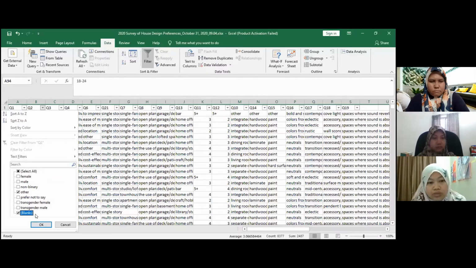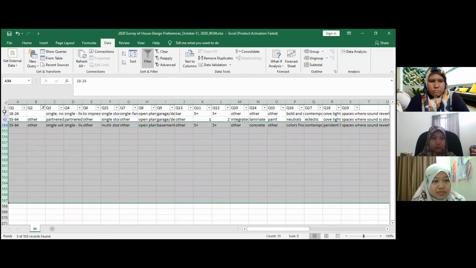So we remove the rows which contain blank data and other value data.